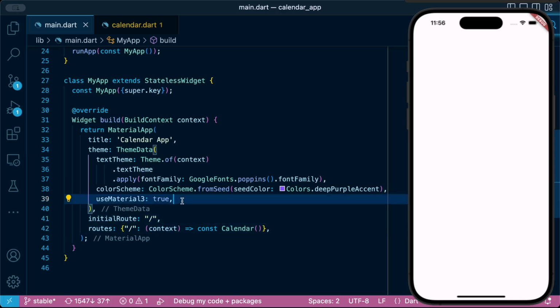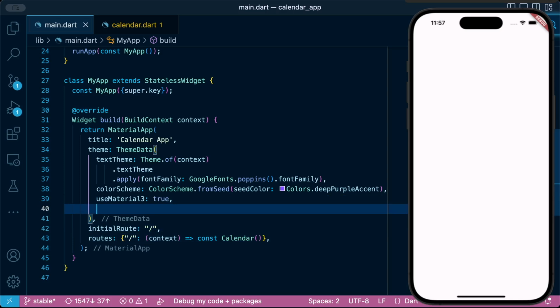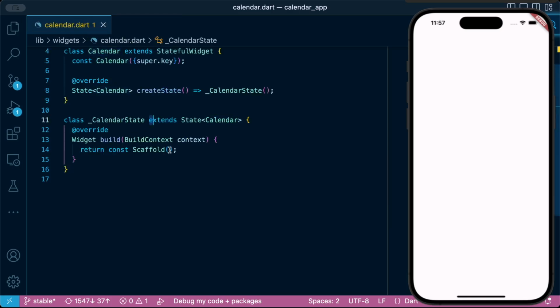Another thing I would like to add while we're still on main.dart will be, we'll have some text fields, and I would like to design the outline input border. So when we reach there, we're going to actually add them. So we'll end up coming back to main.dart. So now that we have our calendar, let's design this. So inside our scaffold, we'll start by